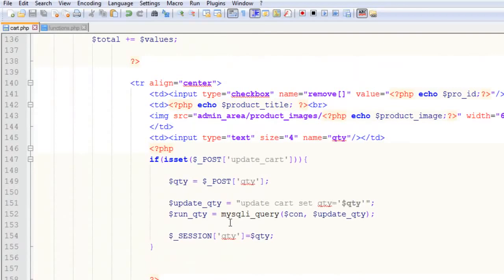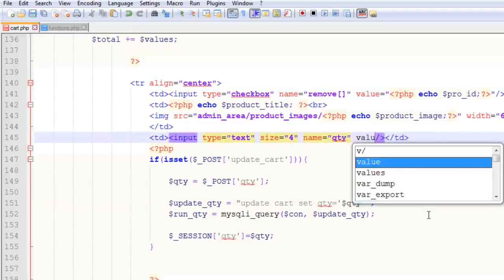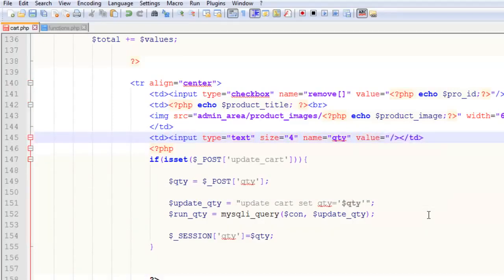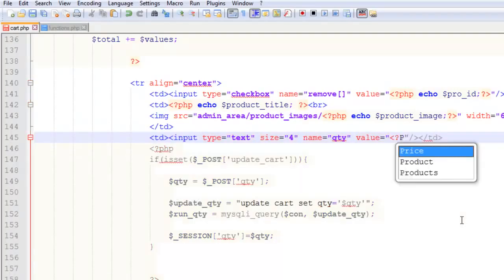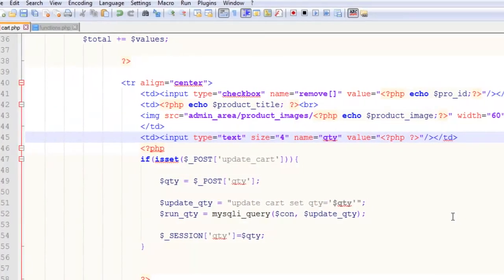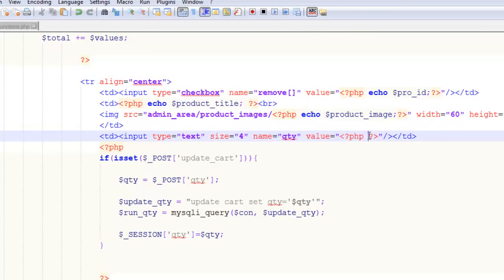Okay? So we started the session above, in the starting of the page, and after that we said the qty field inside the table will be saved in a session, and it will be equal to this variable which is bringing a value. So now that value we can display inside the box, I mean here in the input tag, using the value attribute. Simply in a PHP starting and ending tag inside this PHP block, we can echo